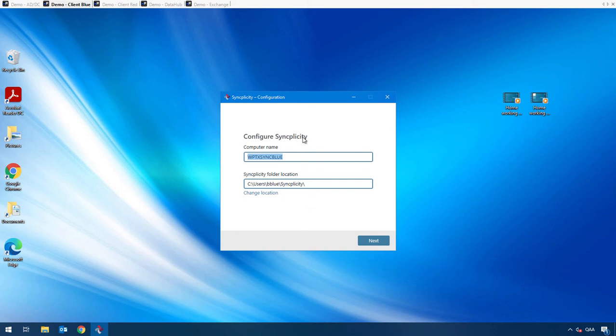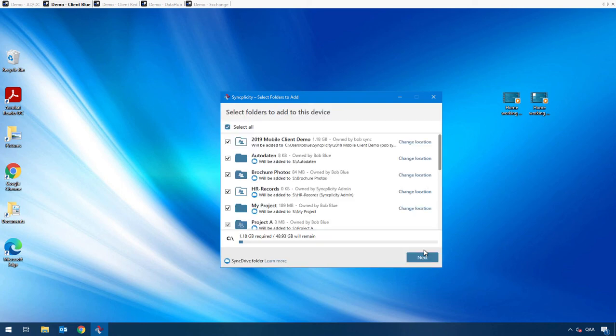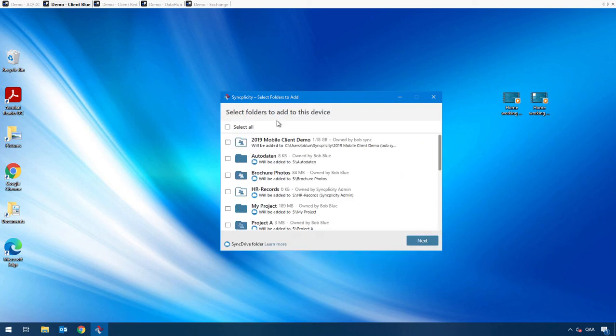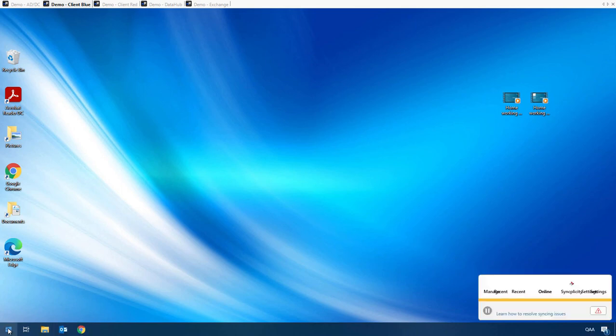these names. The issue here is that, for example, the computer already existed, so I need to rename that, and then it will, if the user wants to back up the desktop and the documents folder, because this user also has some folders already in Syncplicity, it will ask if the user wants to sync those folders locally, which I'm not going to do. The client started automatically, but of course you can also do that at next boot. That means that when the user restarts the computer, at that moment this initialization is being performed at next login.